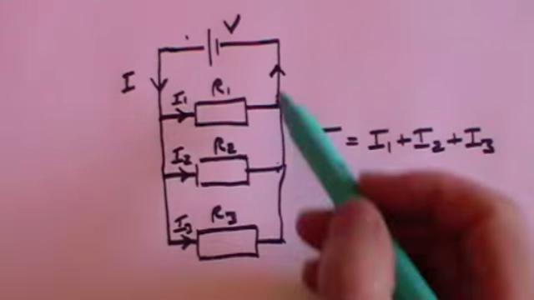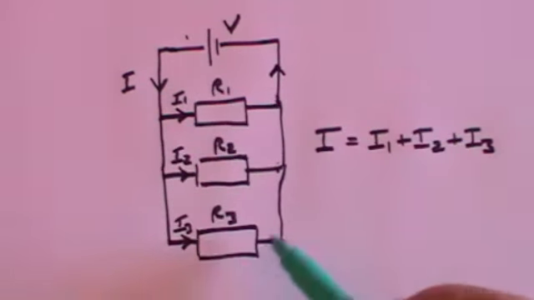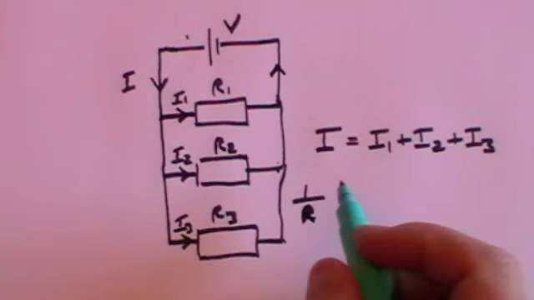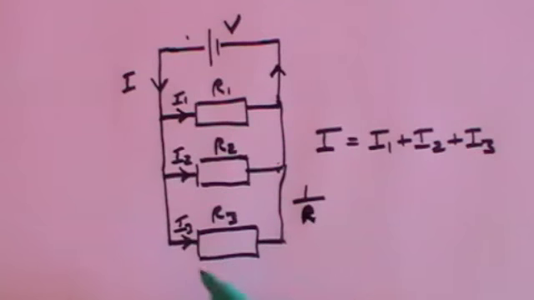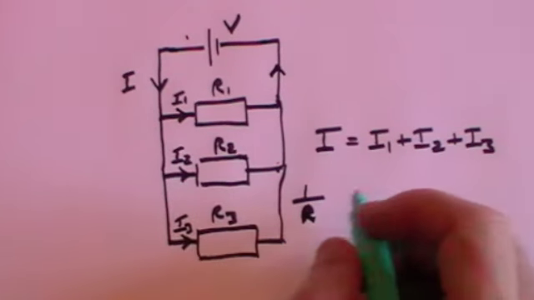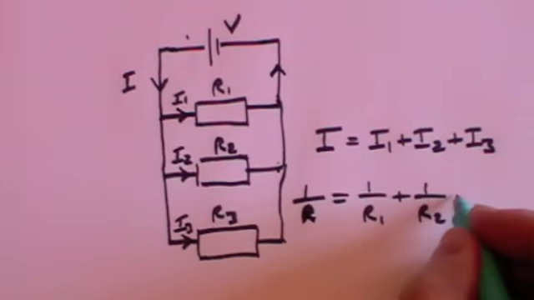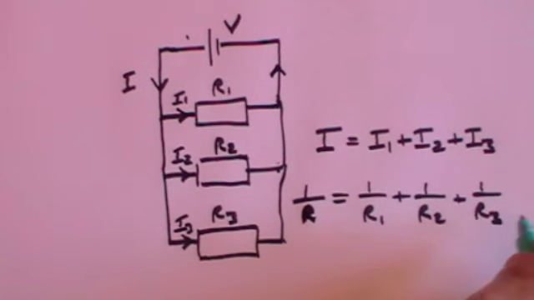The total effective resistance of all these resistors, remember in series you would just add them up, but in parallel it's not that easy. In parallel, 1 over R, where R is the total effective resistance of all three of these, is given by 1 over R1 plus 1 over R2 plus 1 over R3. So if you want to find the total effective resistance, this time you've got to do a little bit more